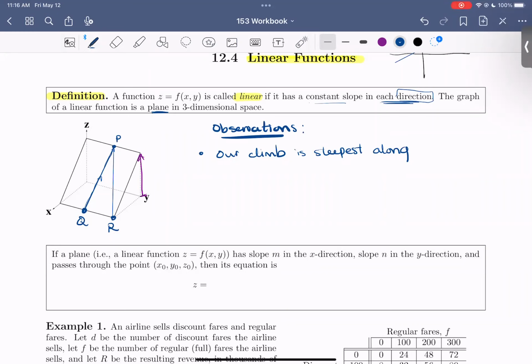So that means we're going to have to climb, kind of get higher for each step that we take. So it's steepest along this curve, and I'll just highlight it so that I don't write it in the wrong way again. So along Q to P, then